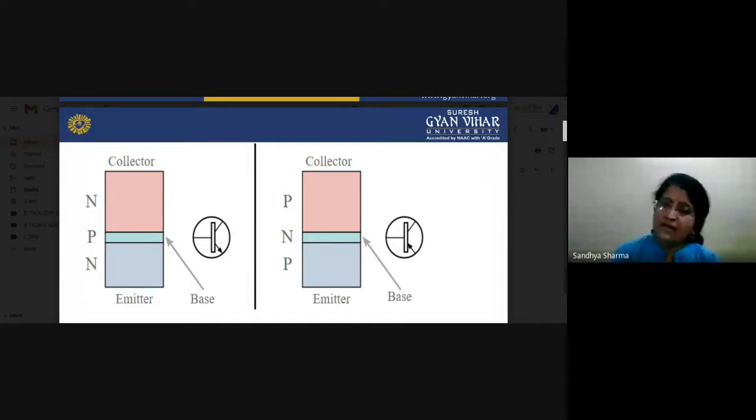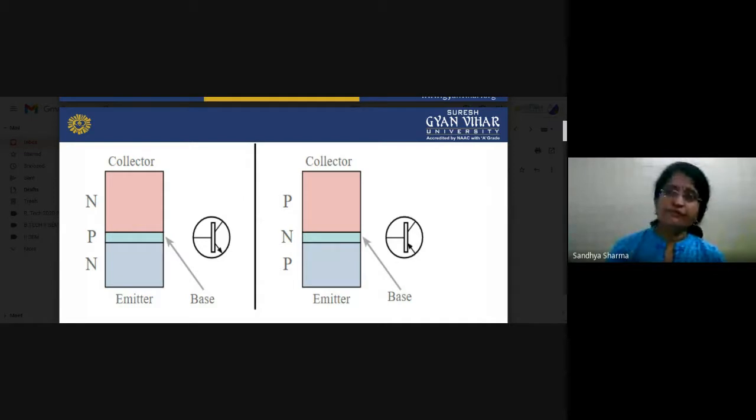What is the reason? We have used high doping on the emitter side, because it has to emit, or generate, the holes or electrons. So here is the high doping. What about the N type semiconductor material when we are taking the PNP transistor? The N type semiconductor material makes the base of the transistor, and in the base of the transistor we have used very low doping, because we don't want a major part of the emitter current to be consumed in the base.